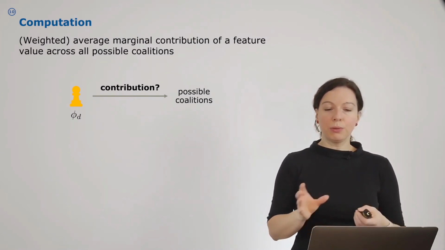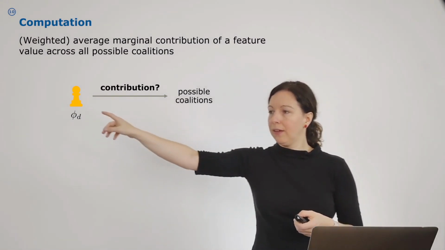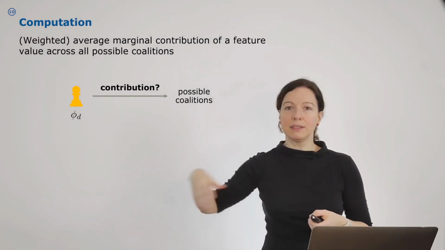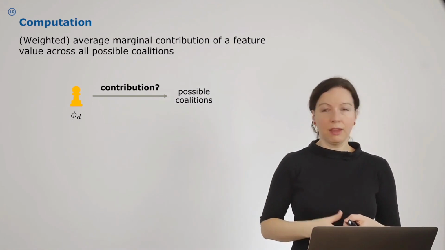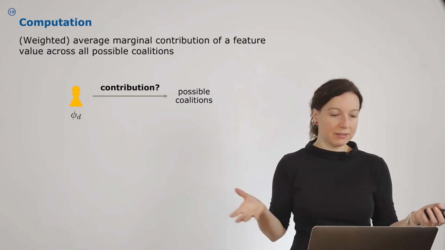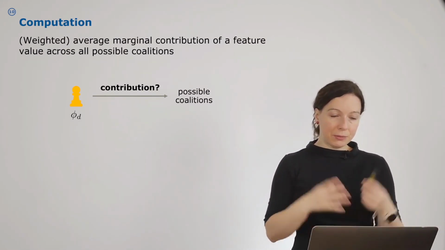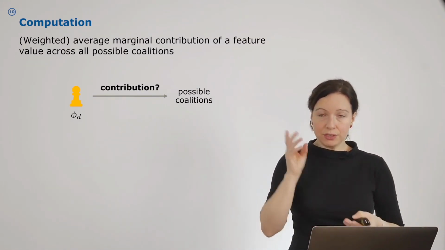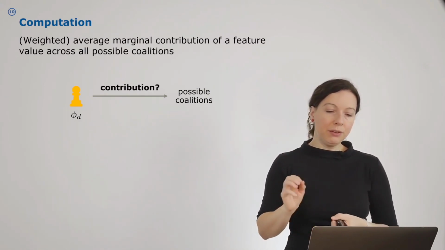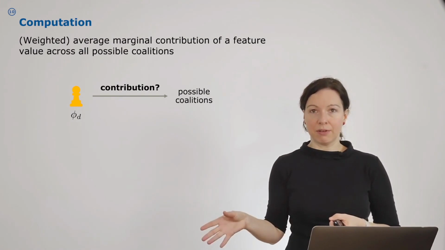So let's assume we want to know the contribution of one player, in this case the yellow player. You can think of a player, or you can also think about the feature, in this case a feature phi d. So we have a look at one specific feature of a single instance, and we need to compute the contribution to all possible coalitions